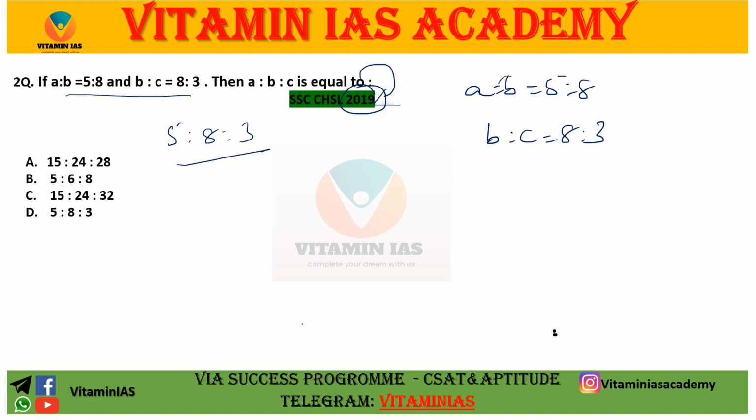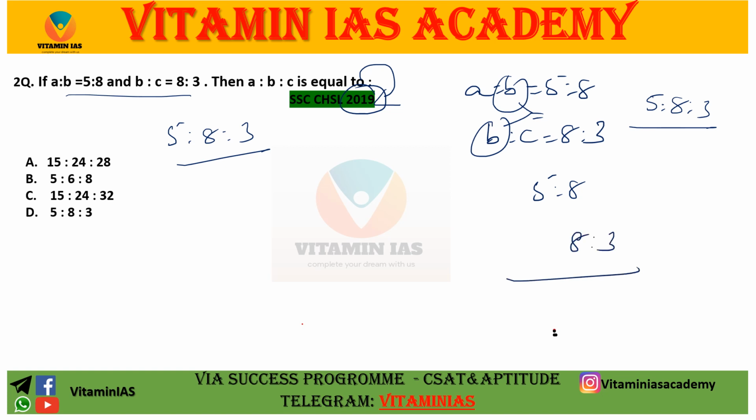How? Because here B and here B are equal. That's why we can simply write it as 5 is to 8 is to 3. Or else by shortcut also we can do it. How? 5 is to 8 and 8 is to 3, same model and same process. We have to fill the vacant places with the adjacent place. Then 5 into 8, 40, and 8 into 8, 64, and 8 into 3,